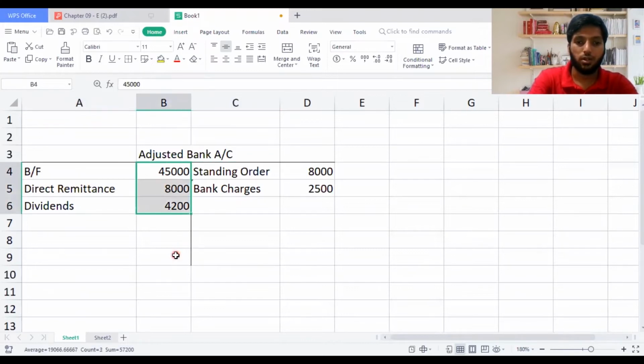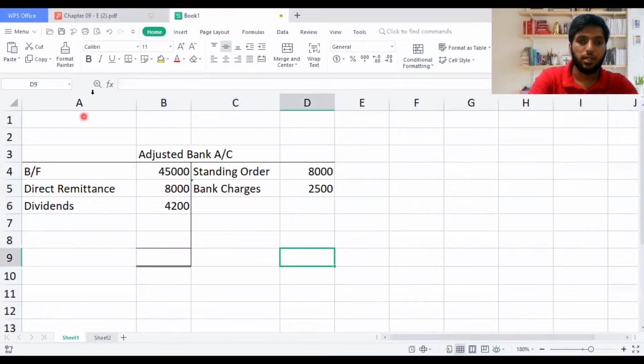So I'm going to take the total. It's going to be 57,200. So I'm going to take one total column on both sides. So I'm going to tally this 57,200. So you don't get a calculator, guys. I just added because I can just see it in Excel in a corner, but you can't do that because we need to add it.